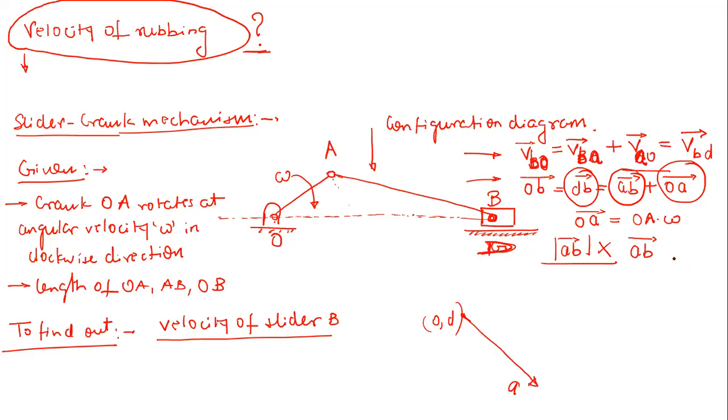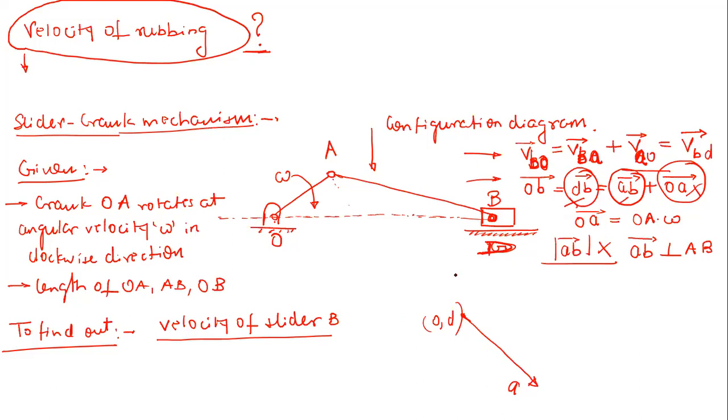AB. See, this is very important. You have to check the directions, right? So just form the vector equation. This is also for practice. Once you become somewhat expert in this, even writing down this vector equation is not required. You can directly proceed to this graphical diagram, right? But writing down this vector equation initially helps, because then we can easily figure out which vectors are involved. So once this is done, just cross this and come to the next vector. Think about whether direction is known, right? So here we don't know the magnitude, but we know the direction.